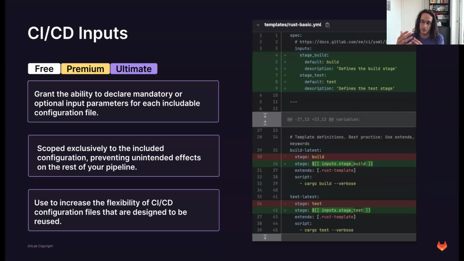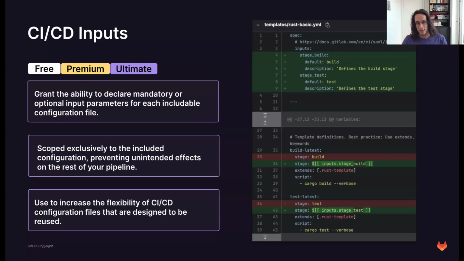Because these are just two separate CI/CD pipelines, a lot of times you have clashes or overlaps in the configuration. It's not a pleasurable experience to debug these kinds of issues.